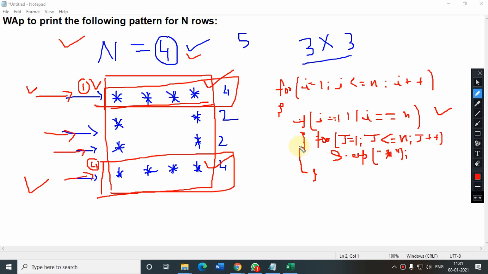But now just come to the else part. If the number of rows is not 1 or n, in that case, what will you do? See, suppose the number of rows is 2, then the else will execute, not the if part. So what are you printing? You are printing this asterisk first. So we are printing from here. Then how many blanks are you printing? N minus 2. So for that we can take the loop.